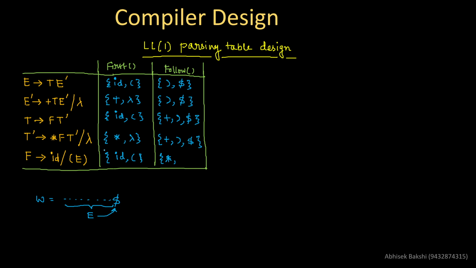And if I put lambda in case of T dash, then F becomes the last character of the RHS, which means follow of F becomes the follow of the LHS, that is follow of T. That means follow of T means plus, closing brace, dollar. So I can write plus, closing brace, dollar. Is there anything else left that I can write here? You see, this production rule is completed. I don't have anything more to find for follow of F from it.